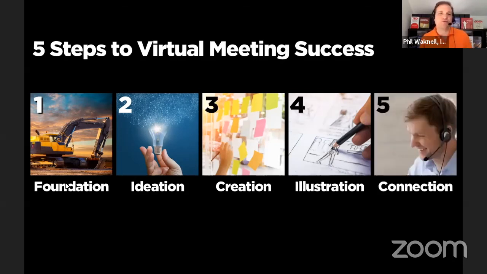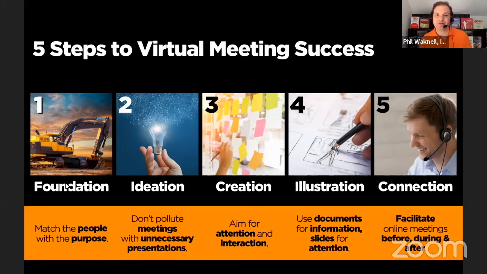The fifth step, of course, then is connection. This is where you actually run the meeting, you lead the meeting, and if necessary, you present in the meeting and try to do so in a successful way. Now we've got 5 revolutions. We talk about virtual meeting revolution. There are these 5 revolutions which we aim to put in place, one per stage.